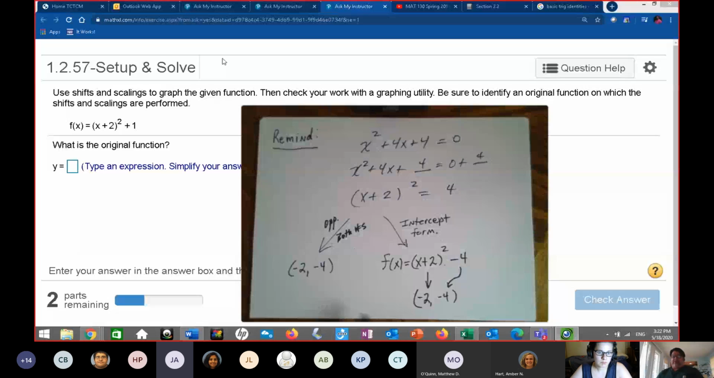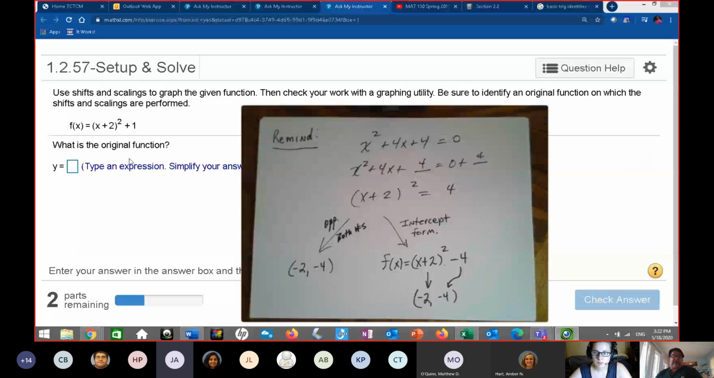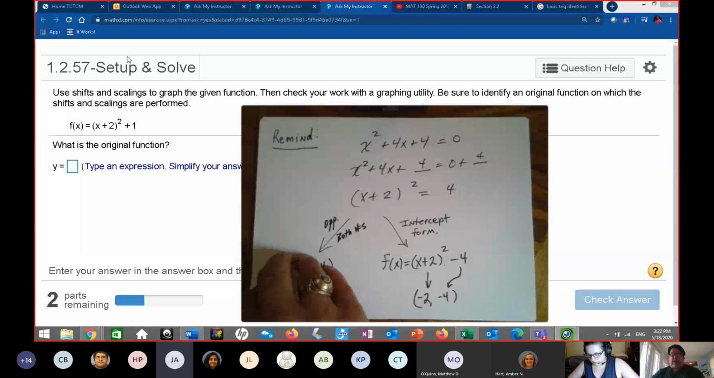Yes, but you got to realize here, what they're giving you is intercept form, which is this form right here. So you don't take the opposite of both. You take the opposite of this one, and you bring this one down. And that is a common mistake that's made with students. So in this problem,